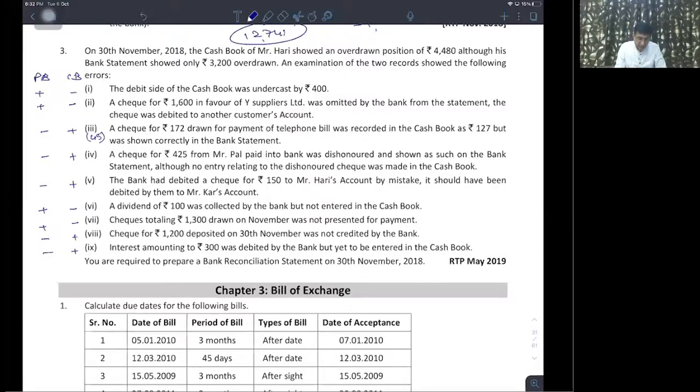हाँ, fifth one, the bank had debited a check of rupees 150 to Mr. Hari's account by mistake. It should have been debited to Mr. Kar's account. Wrong debit by bank. Wrong debit by bank means what? कि बैंक ने आपका ओडी बढ़ा दिया, सीबी टू पीबी ऐड, पीबी टू सीबी लेस।